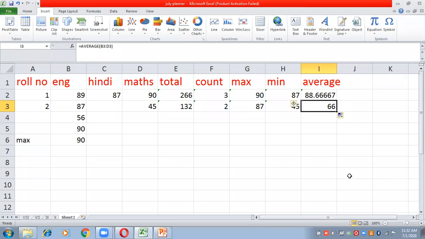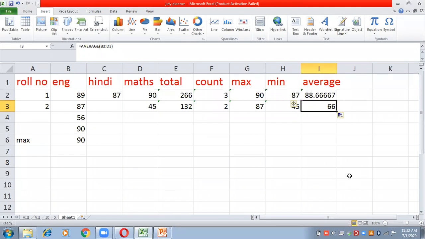Okay. So today I am winding up this class here. Percentage we will do in the next class. I am giving you a question as homework in which you have to calculate total, count, maximum, minimum and average of 5 students of 5 subjects.